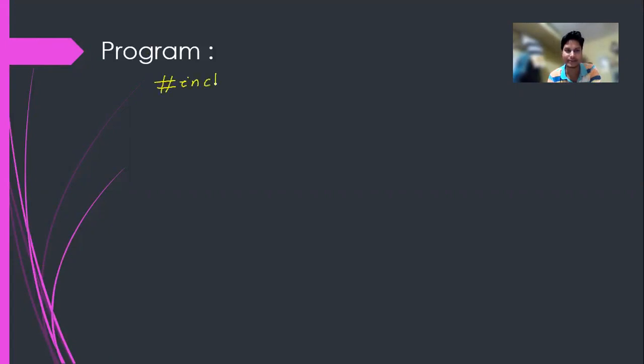#include <stdio.h>. #include stands for preprocessor directive and stdio.h stands for standard input output header file. This header file contains the printf and scanf functions so that these functions can be used inside the program. Okay, now